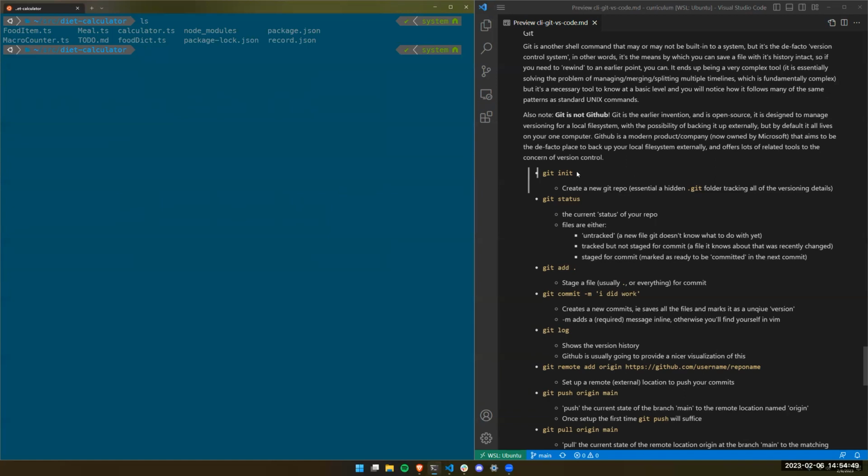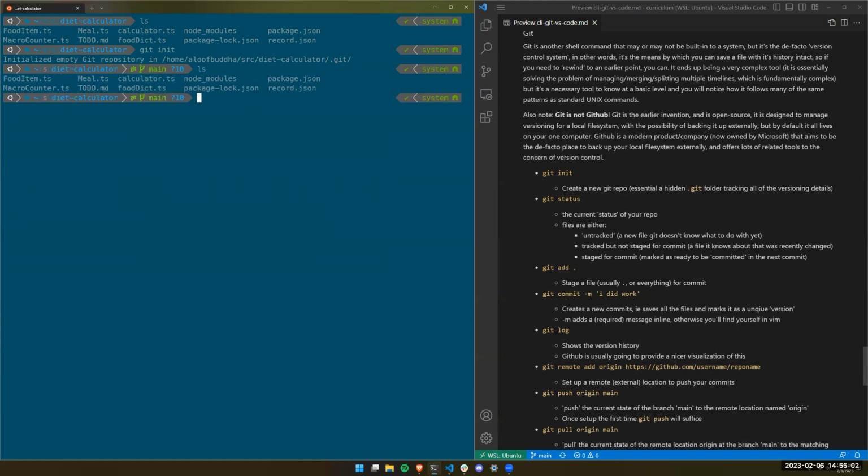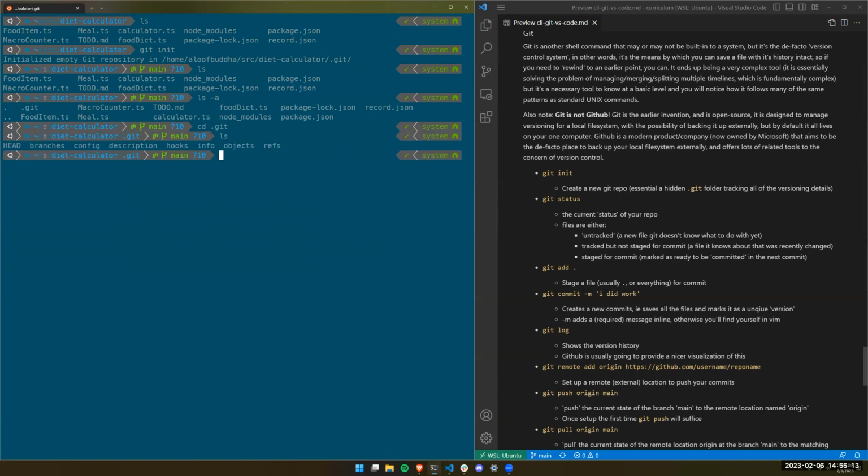So the first thing I'm going to do is type this command git init, which is going to create a new Git repository. So git init, it might ask me some questions. No, it didn't. It's just saying, hey, I created this file called .git. So I look and nothing is different. But if I do ls -a, I'll see I do have this thing called .git. So that's just a file like any other. I can go in there and look at it.